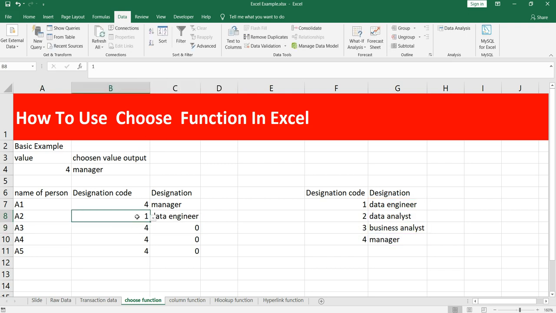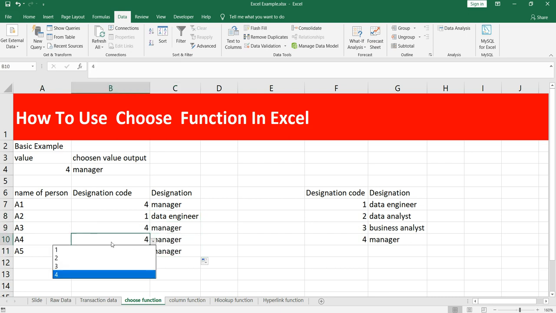Anyhow, if this value changes, so B8, if the formula is applied in C8, then take C8 as an index and keep the values cell as G7, G8, G9 and G10. Okay, now if I drag this formula, you will see that the values are appearing here.